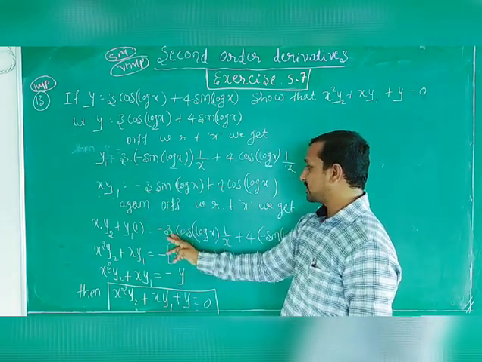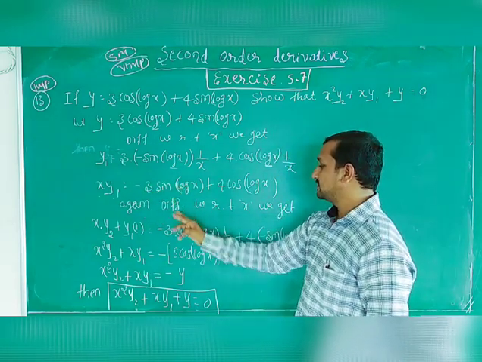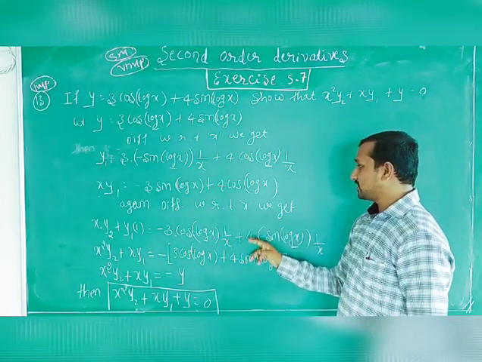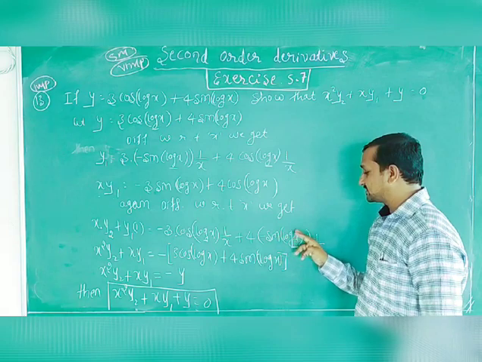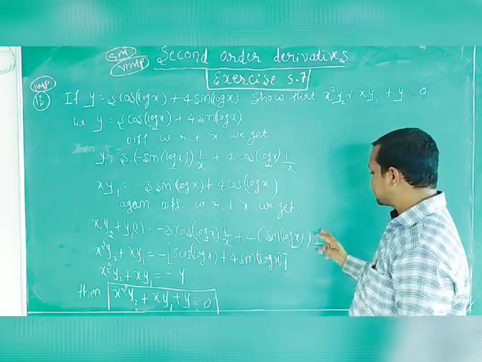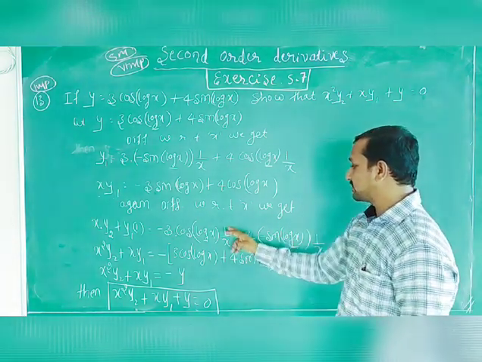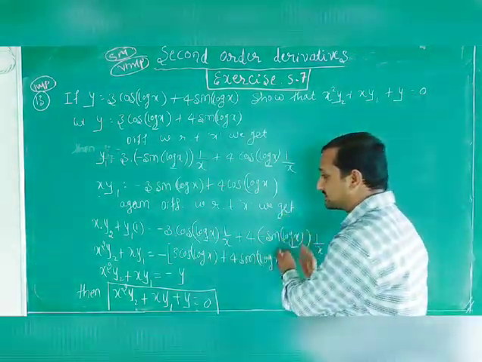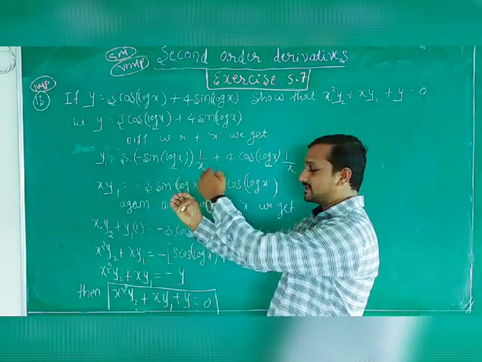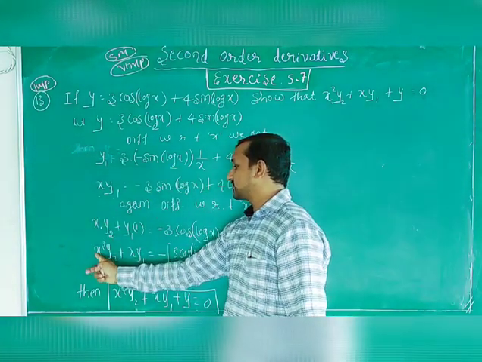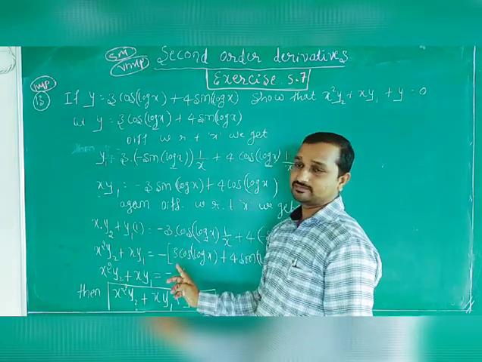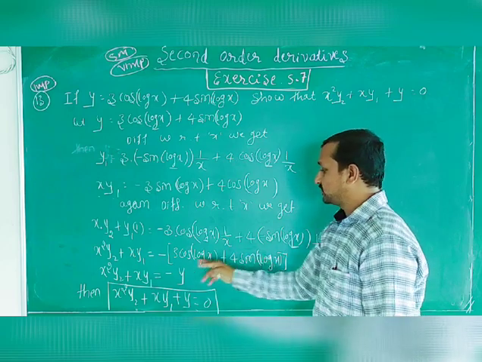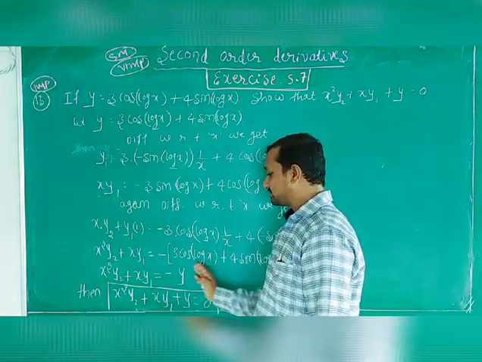Then that is equal to 3. Take 3 as common. Same, derivative of sin x is cos x. Instead of x, 1 by x. You can write plus, take 4 common. Derivative of cos x is minus sin of x. Instead of x, log x is there. Derivative of log x is 1 divided by x. So here also 1 by x, here also 1 by x is there. So LCM is divided by x. Again that LCM is cross multiplication to the left hand side. It will become x into x is x square y2 plus x into y1. Is that clear? So for this term take minus as common and this whole term should be y. So then y goes to the left hand side.